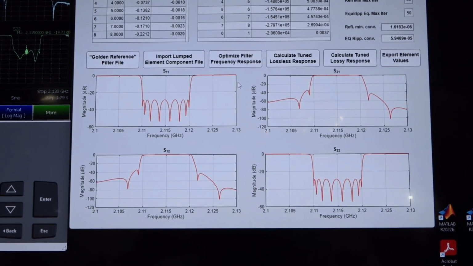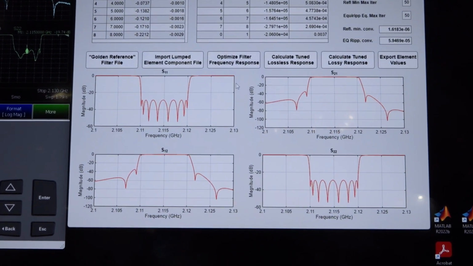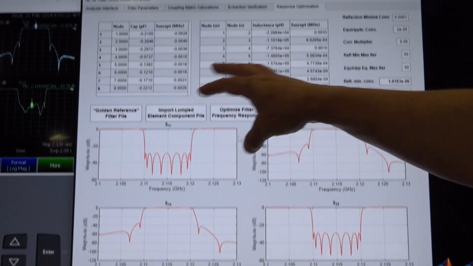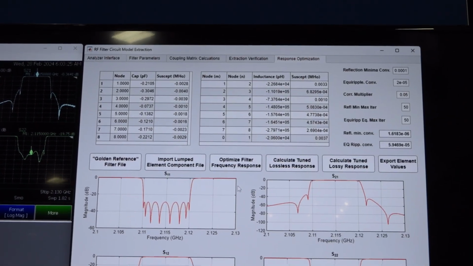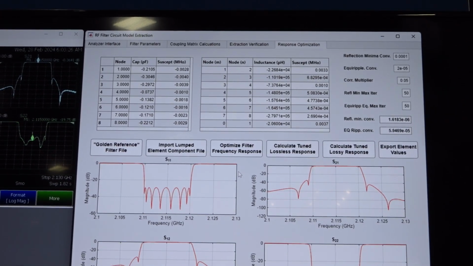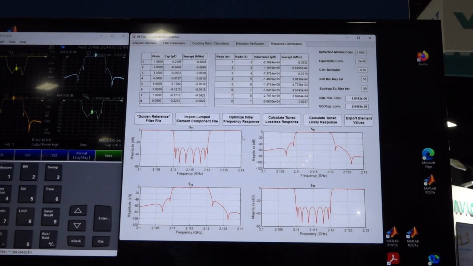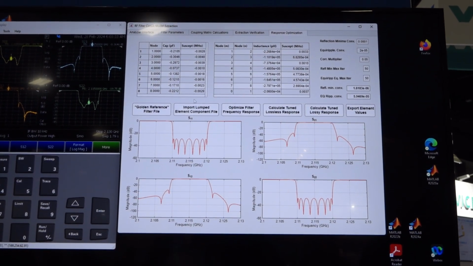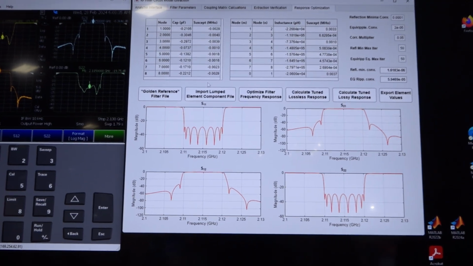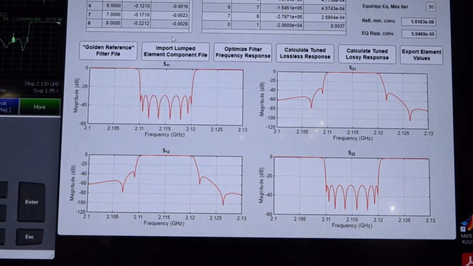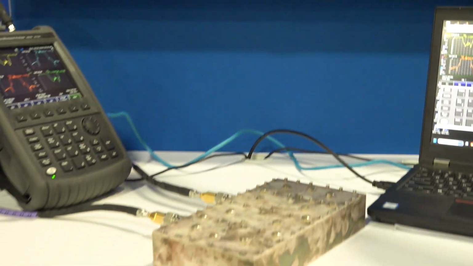Once we have it in this nodal representation, we can add lumped element components so as to tune the response to meet the response of the golden reference model. So here we can see that from the previous step, we're able to generate the nodal representation, and then we're able to add